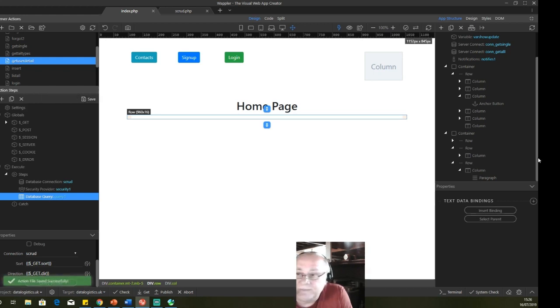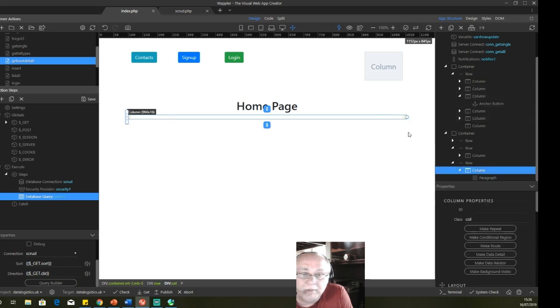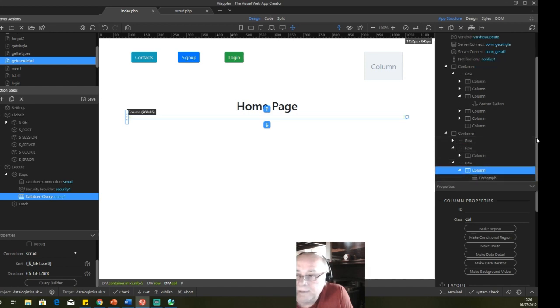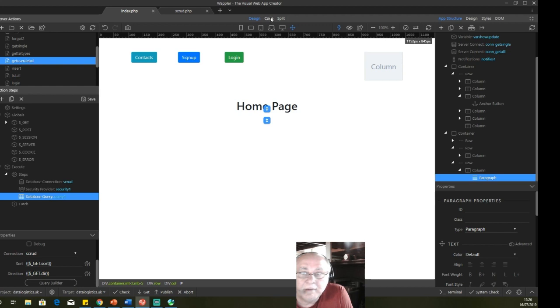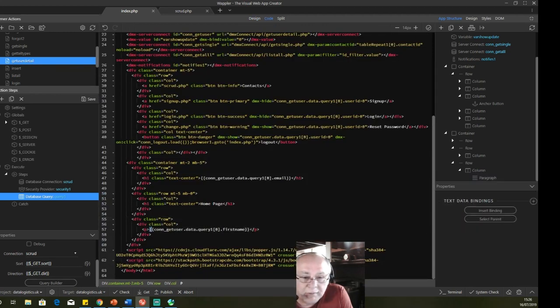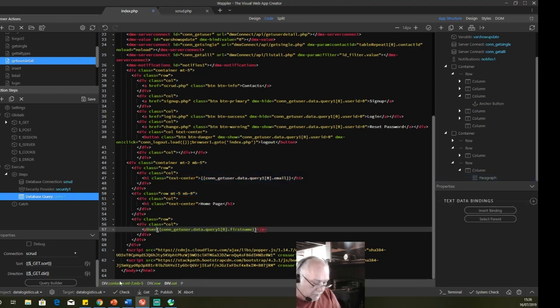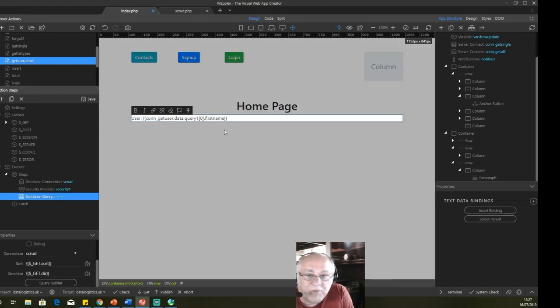If we save that, now if we go back into our query here, sometimes when you have absolutely nothing else in a paragraph field, you have a little bit of trouble selecting it. So I've just prefixed user there. But if we now